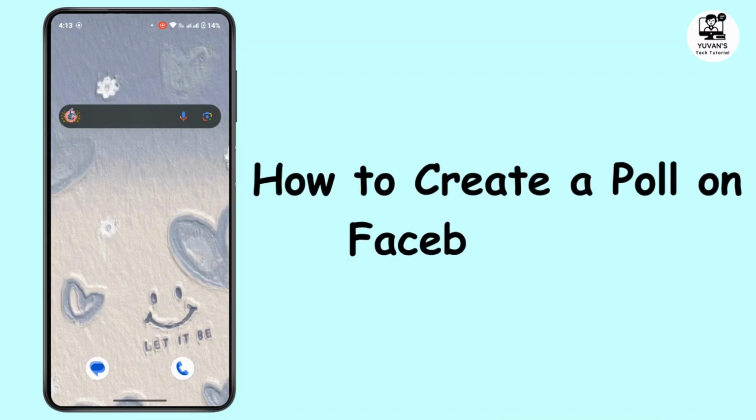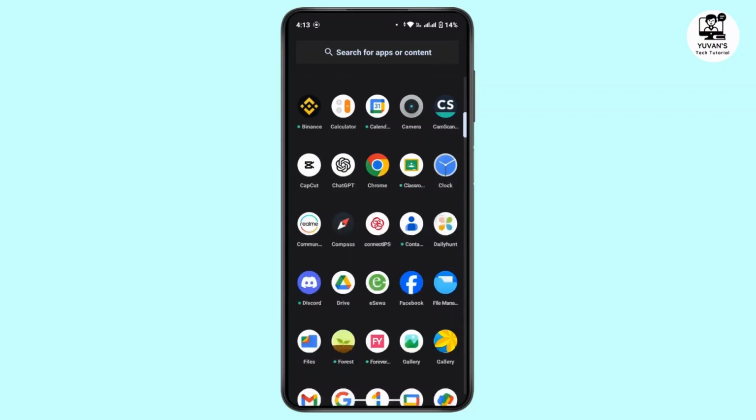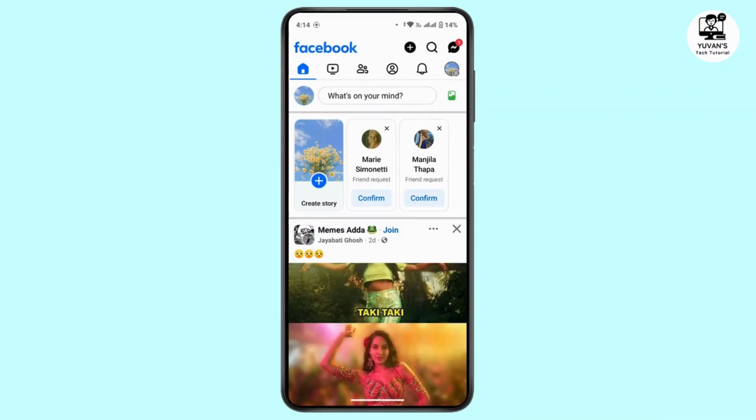How to create a poll on Facebook page. So let's get started. First of all, launch the Facebook application in your mobile device, and if you're logged into